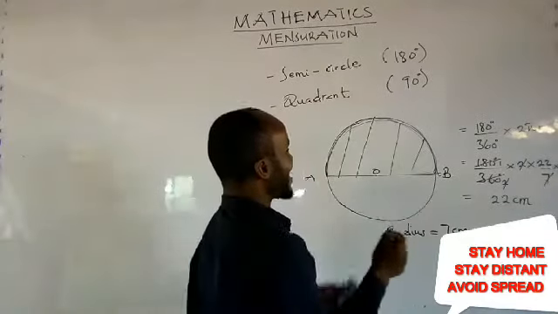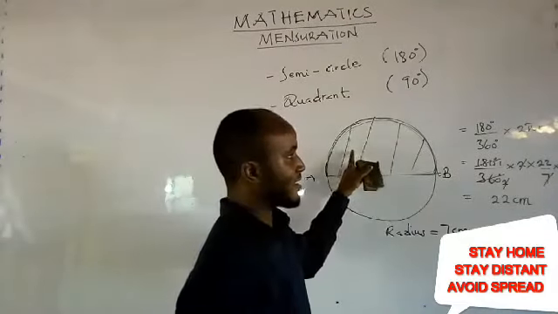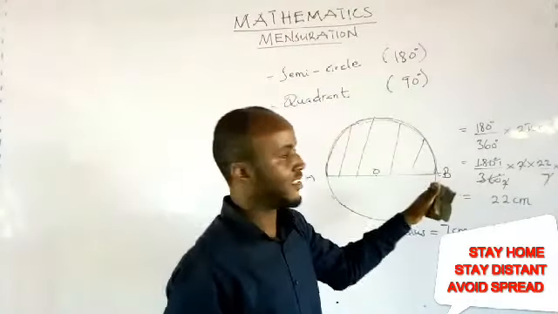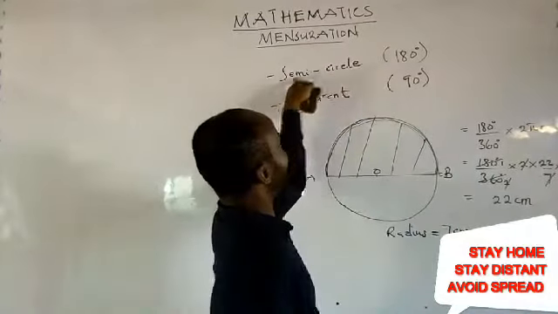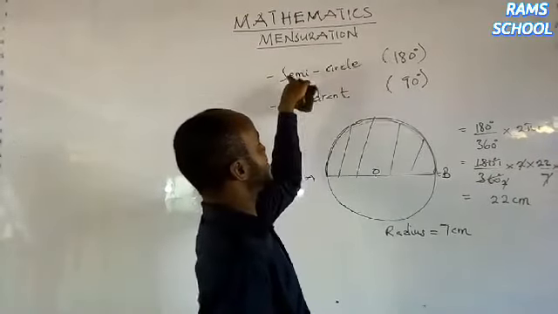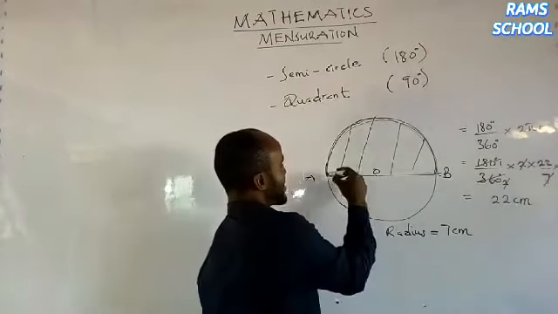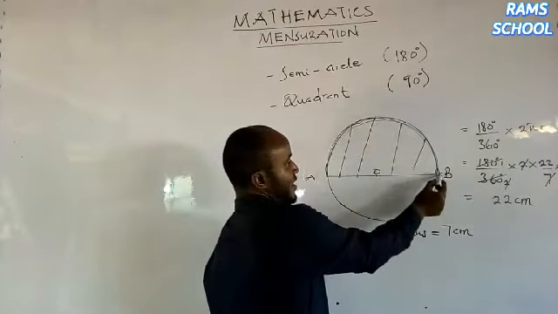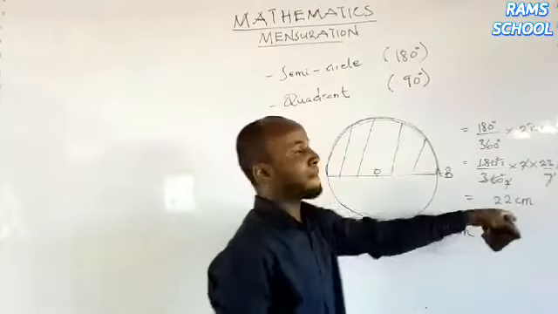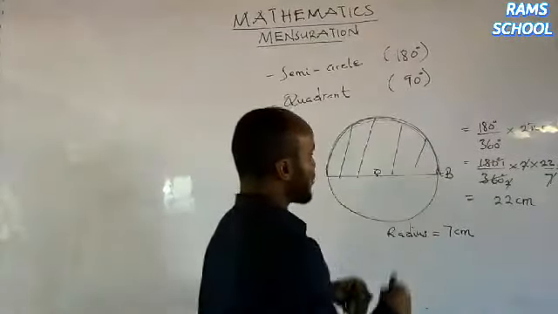But when you are asked to find the perimeter of the semicircle, please take note that the 22 centimeters here is not the perimeter. So the perimeter of a semicircle is different from the circumference of a semicircle. If they talk about the circumference of a semicircle, they just want the circular part here. That's the circumference, so the answer is 22 centimeters. But when you are asked to find the perimeter of a semicircle,